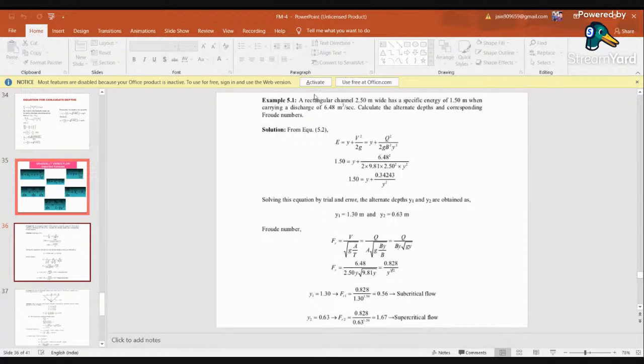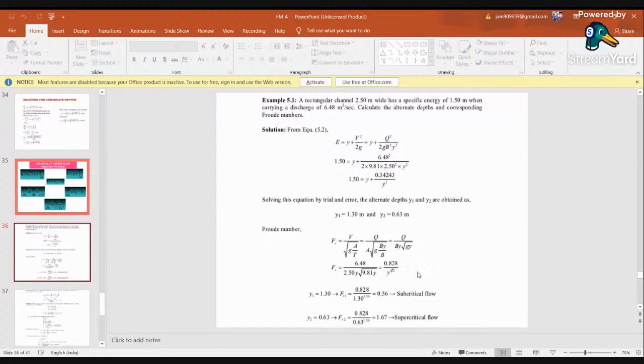another equation, that is the Froude's number equation, that is F is equal to V divided by square root of gD. Here it is given as the critical section, and it is a rectangular section, so you can use D is equal to area divided by top width, A by T. Area is B times y, and T is nothing but your width. So B will get cancelled. So Q divided by B y into square root of g y. So Froude's number will be your